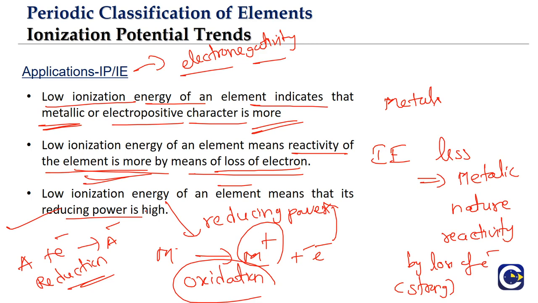But generally, low ionization energy means less energy is required for the removal of an electron, meaning that particular metal is able to easily lose electrons, meaning the electrons can be easily taken by others. So that metal is a good reducing agent, having high reducing power. But this reducing nature does not depend just on the ionization energy. There will be other factors involved. We'll talk about it later.